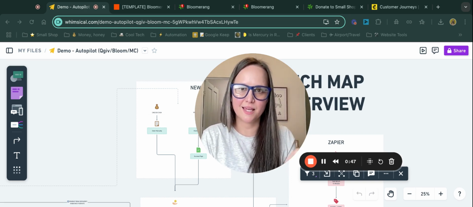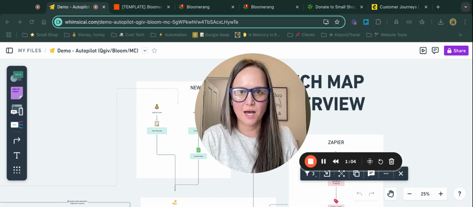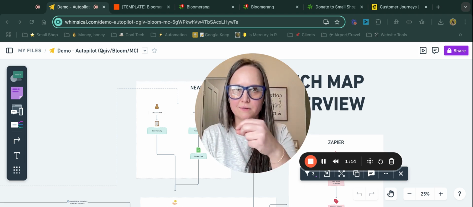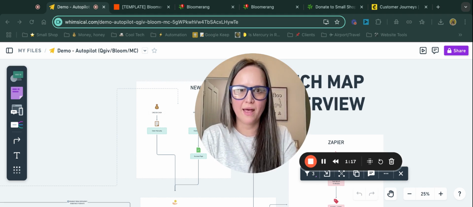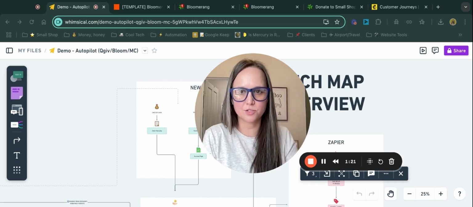And the caveat to this is Bloomerang and Mailchimp actually do talk, but what we want them to do is to talk in a different way. And so many people on the call were a little unclear of why Zapier was necessary and really how it differs from the built-in Mailchimp integration. And so kind of high level, Zapier really extends the functionality of Bloomerang and Mailchimp, and it's helpful because what it can do is automate your donor journeys